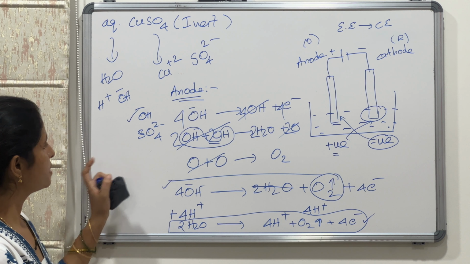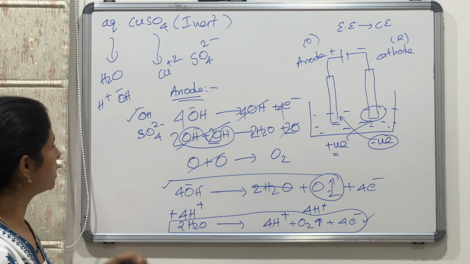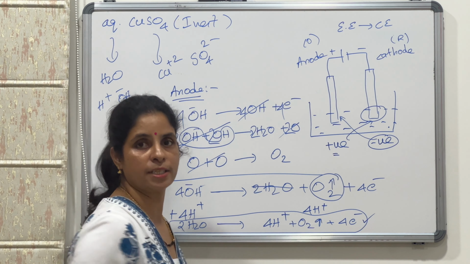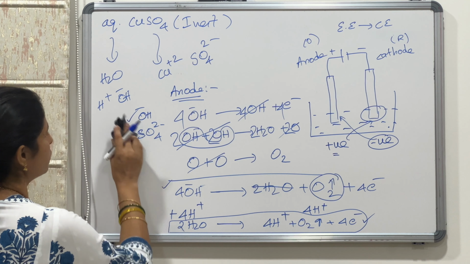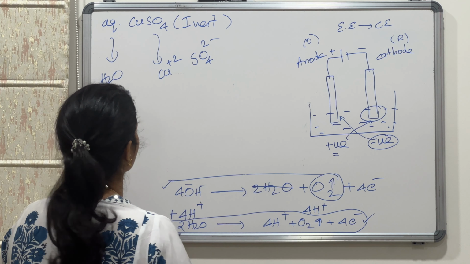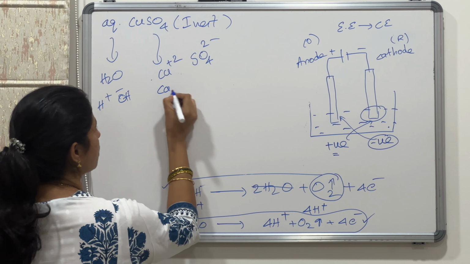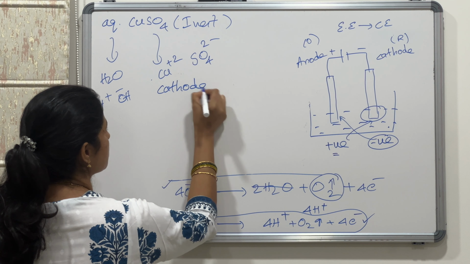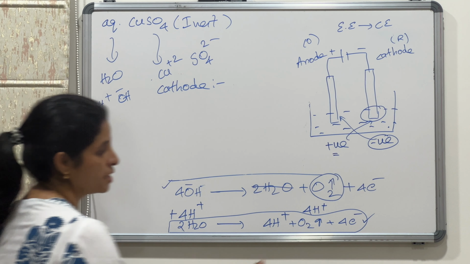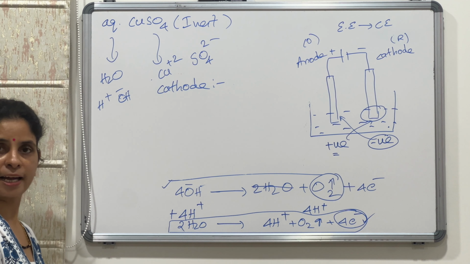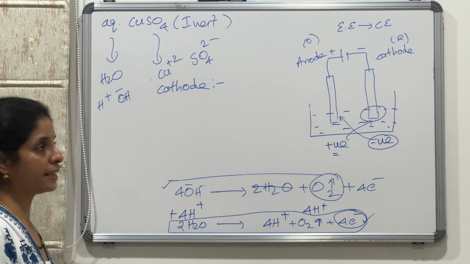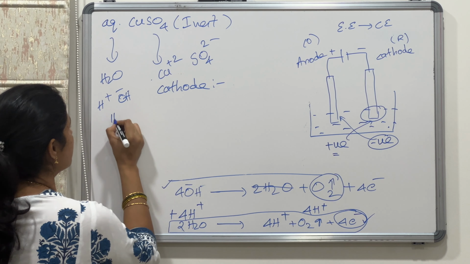Okay, and this is about the reactions at the anode. So if these two are in competition, you remember oxygen will be deposited at the anode. And the next one, what are the reactions at the cathode? Cathode means negatively charged. Reduction takes place. Reduction takes place means these electrons liberated at the anode will be accepted by the cations. What are the cations present? H plus,